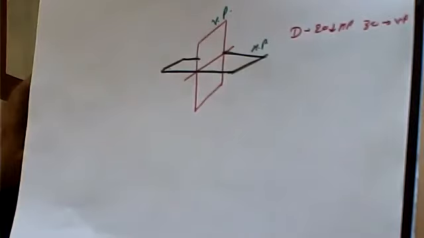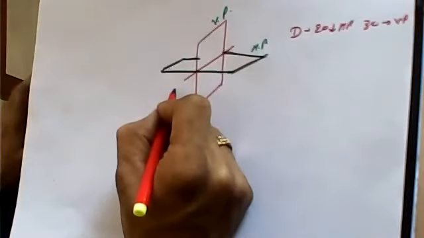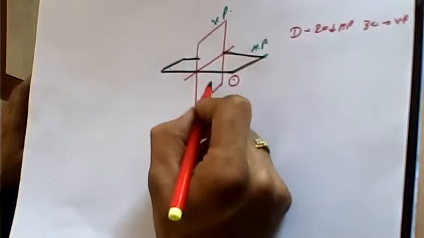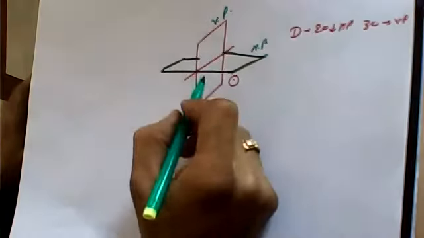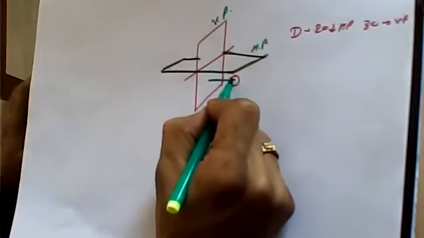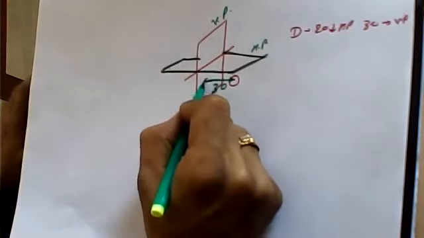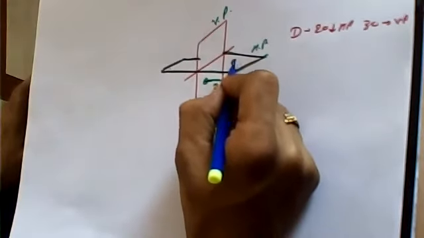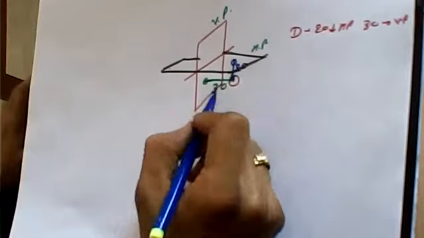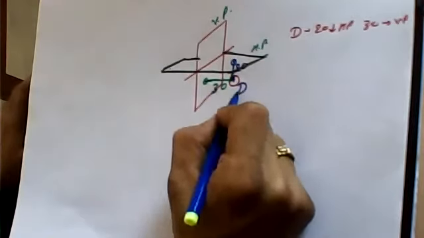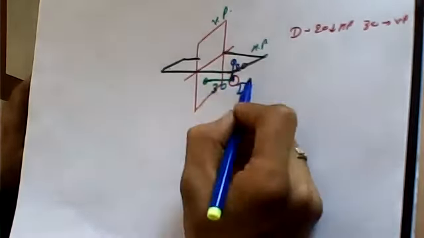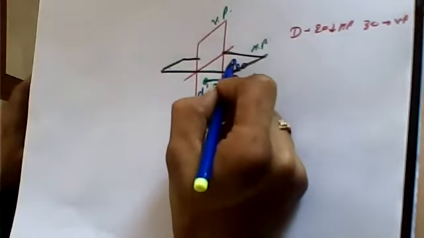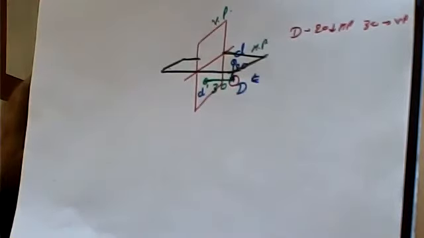What is position of point D? Point D is 20 mm below HP and 30 mm in front of VP. तो ये projection अगर आप refer करोगे, in front of VP it is 30 and below HP is 20. So this distance is going to be 20, this distance is going to be 30. Point name is D, and point D's projection on vertical plane is going to be called D dash, and point D's projection on horizontal plane is going to be called D.